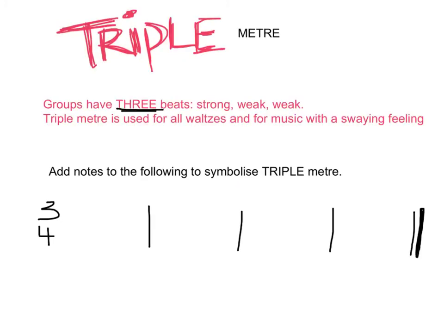Notes that are grouped into 3 beats are known as triple metre. Triple metre has 1 strong beat, which falls on the first beat, and 2 weak beats, which fall on beat 2 and 3. An example of this would be